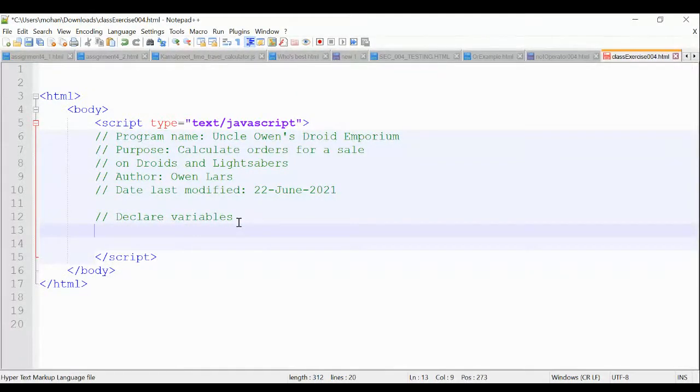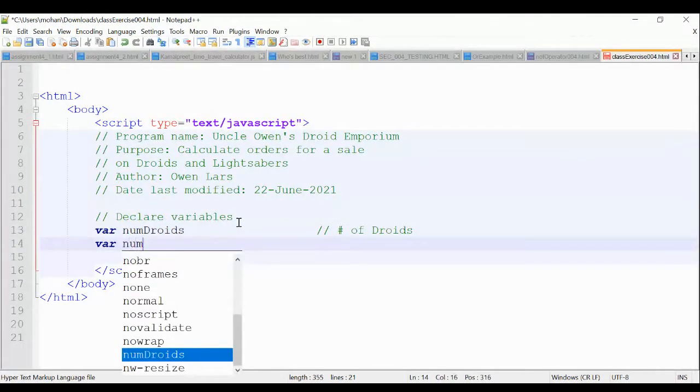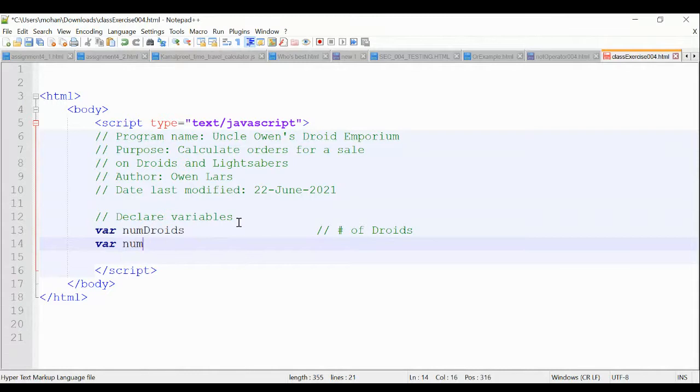As we said, we are going to have var number of droids, right? One number of light